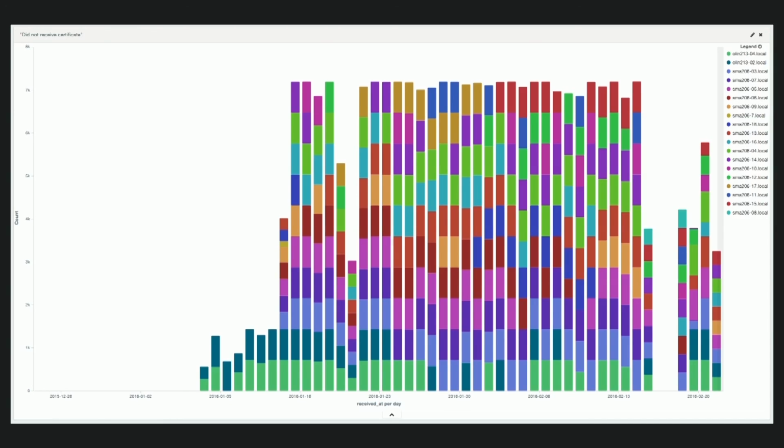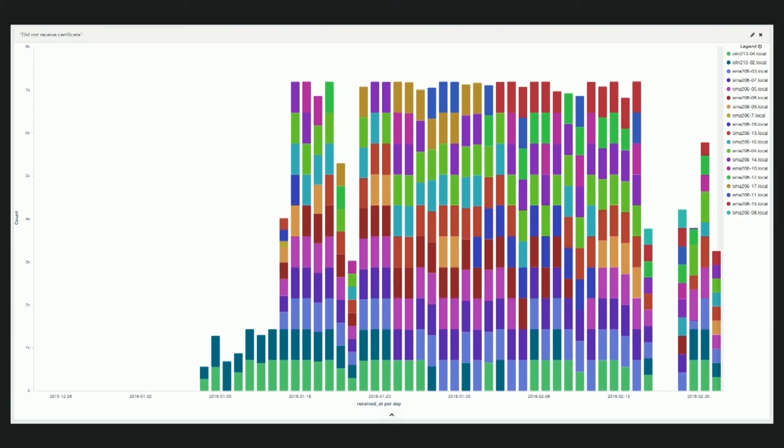I'm checking machines into Puppet. Puppet is telling me you have certificate errors. These machines can't get certificates. I thought it was a one-off. Let's go look at it. I realized this is not a one-off. This is every machine in my lab, and it happened right as I started re-imaging. So I caught it about here,